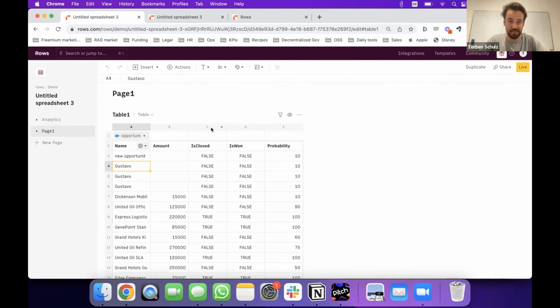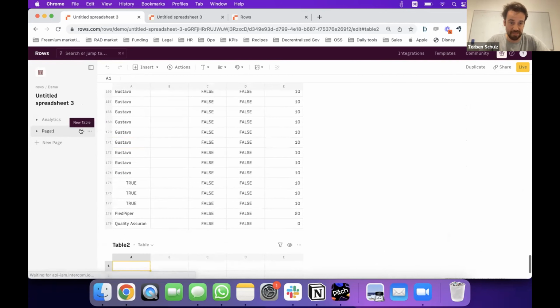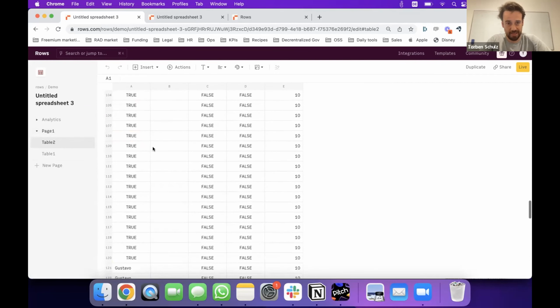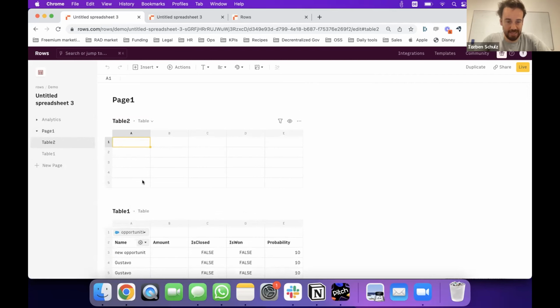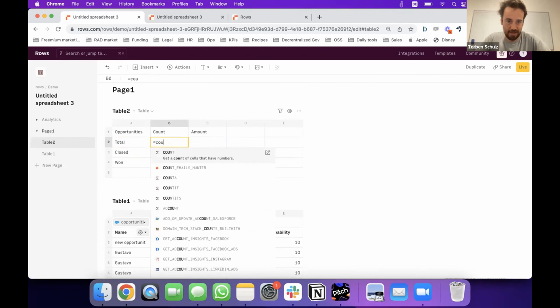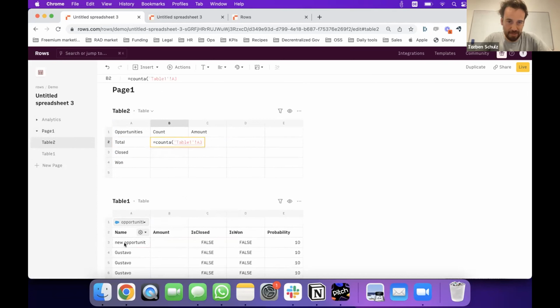And now I can just create some spreadsheet output that I want to have on top of it. If I want to analyze this now and say, these are my opportunities, and I want to have the count and the amount, and now the total and the ones that are closed and the ones that I won, then I can just use my spreadsheet functions, right? So I can say, count A, this, okay, again. Then amount would be sum